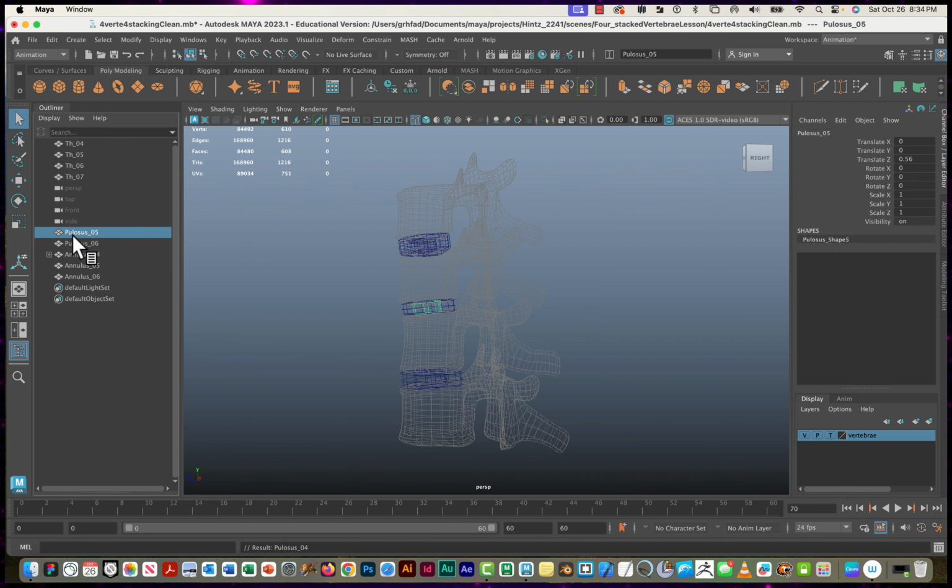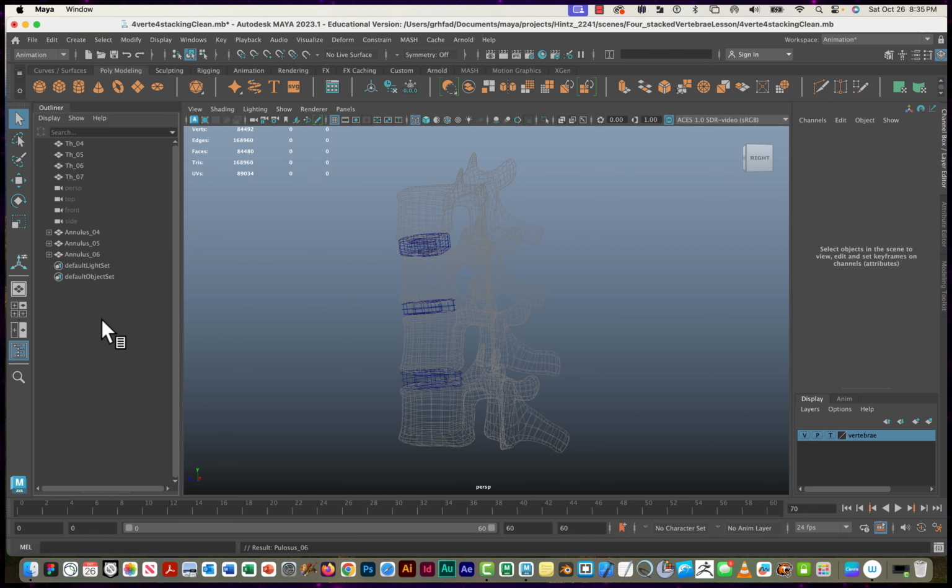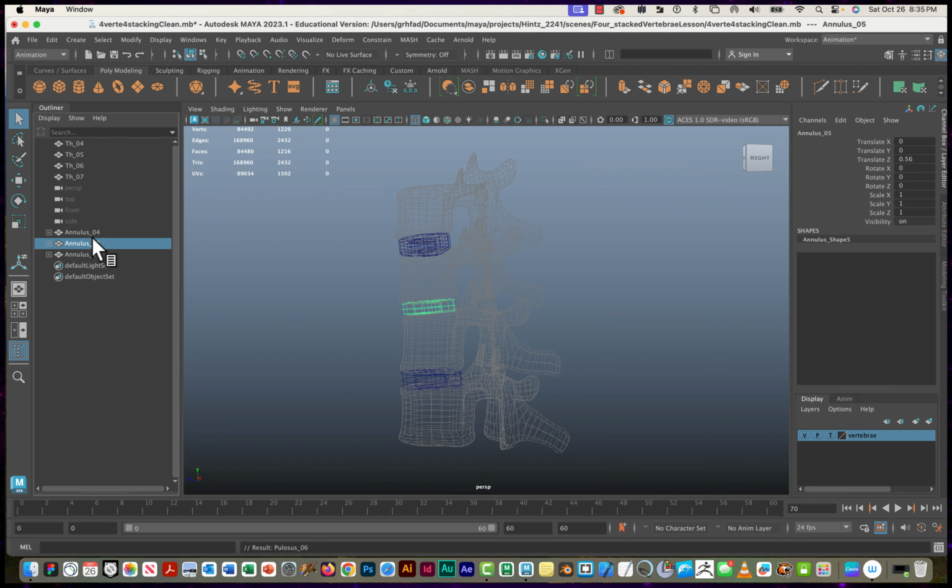I want propulsus 5 to be a child of annulus 5. I want propulsus 6 to be a child of annulus 6. So now I have them all ordered correctly. So when I start the next phase of this, I can be pretty confident I know which structure I'm either parenting or latticing or creating a joint relationship for. So while I have them selected, I'm just going to make another layer